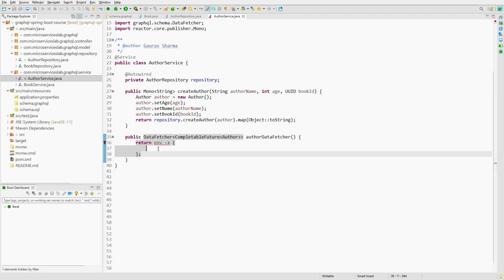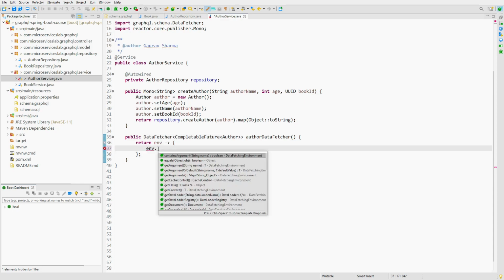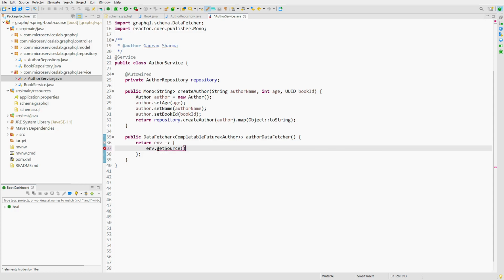So we can use one of the methods present in the data fetching environment, and that is getSource. So actually we are creating a data fetcher for an author field, and the author field is contained in the book object. So whenever we call the getSource method on the environment, we get a reference to the parent book object, and we can simply get the book ID from it as well.